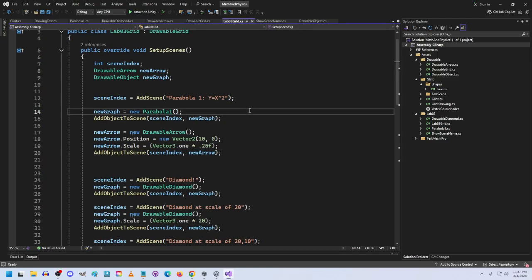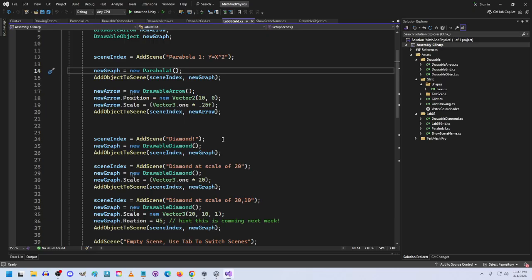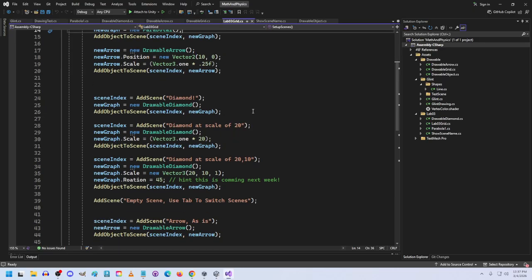Okay. Here we go. So we did create a diamond in this case. And then we scaled it. This is the one that we've got the scale. And I added a rotation of 45. This is, again, we're going to go in, and what we really want is